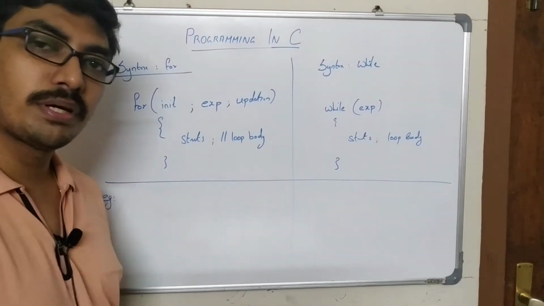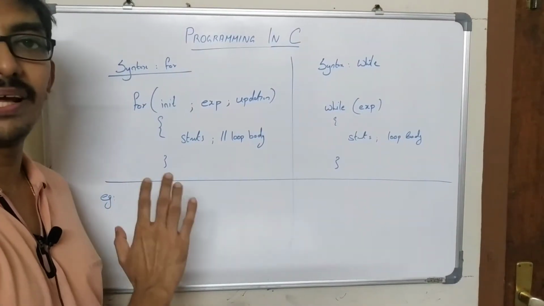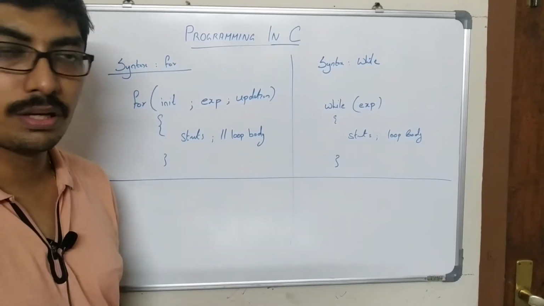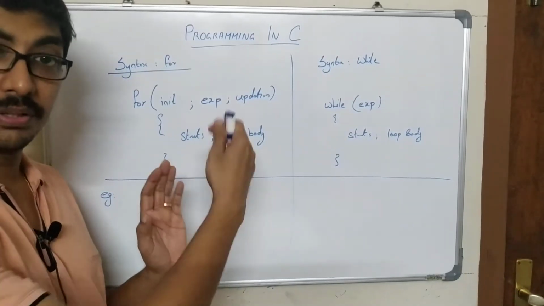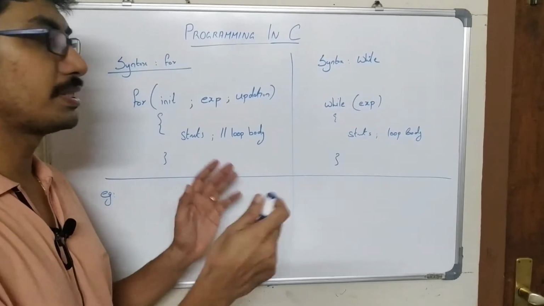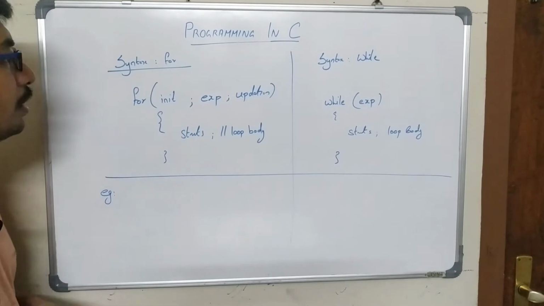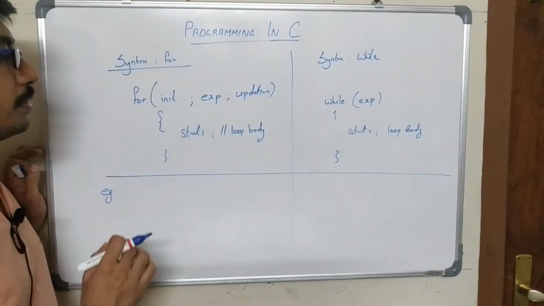So before jumping into programming, we will see the syntax of for and while. We have already seen an example. Now we will see where we are going to use for and while. Now we will see the syntax of for and how it works. Okay. So in the case of for loop, you will be having